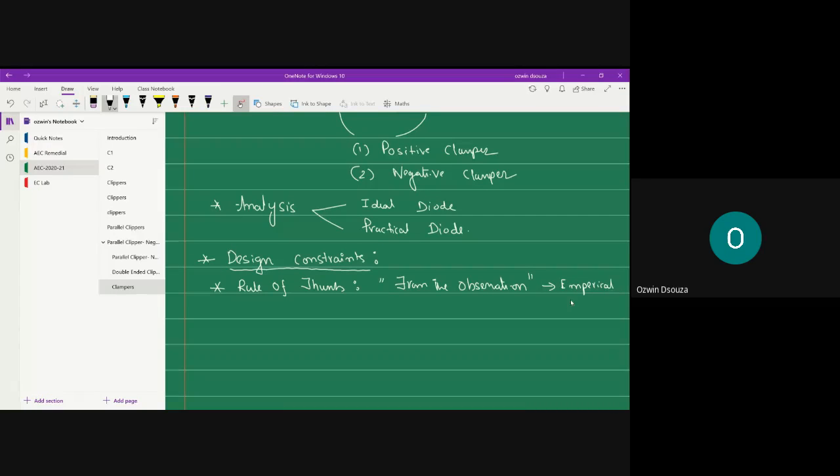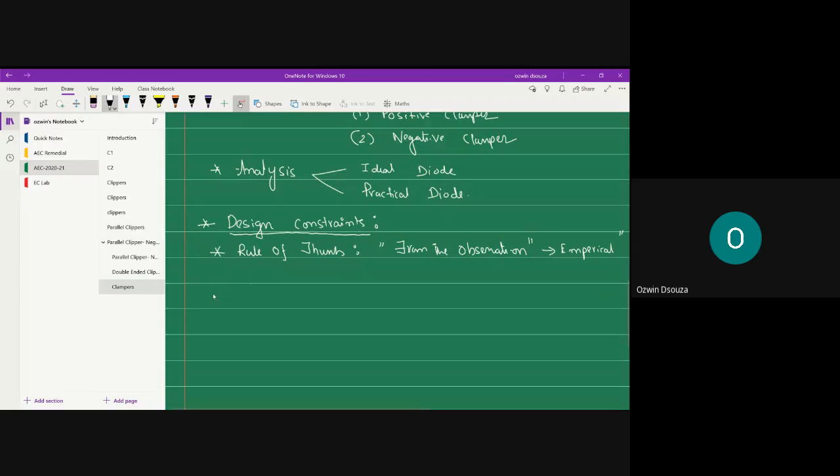Okay, you must have heard about empirical formula, right? So this empirical formula is derived from the observations itself. Empirical relations or rule of thumb convey the same meaning, that is, from the experiments you are generating the theory. Vice versa is not possible. Okay, fine. So in case of clamper,